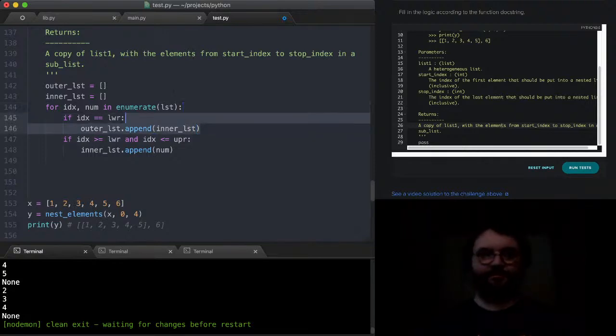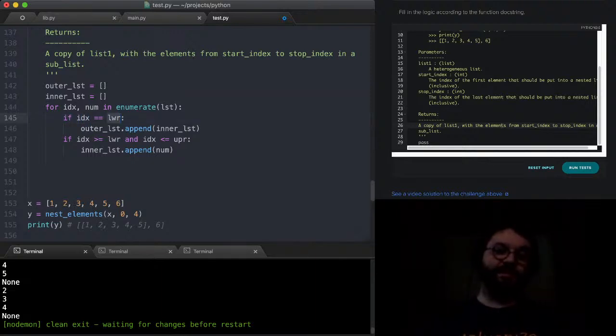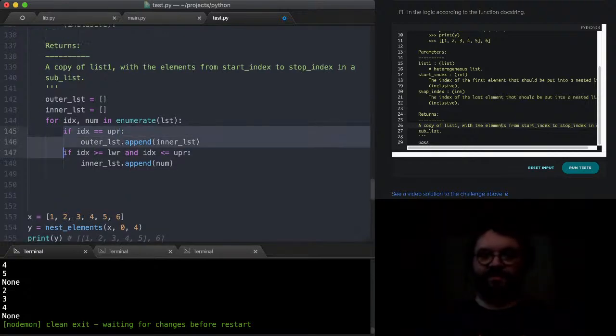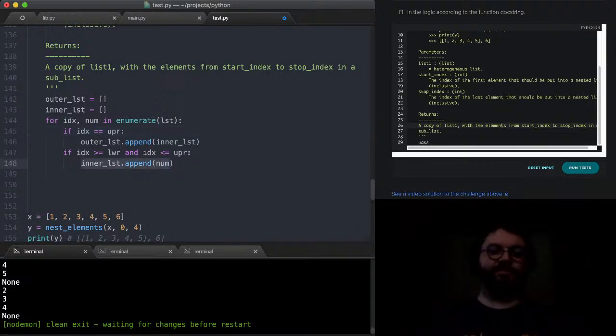So I've noticed there's a number of ways of thinking about this. I can either append it when index is equal to lower, or when it's equal to upper. And I can also do that at the beginning or the end. I'll just leave it here as upper. So once we're done appending to lower, we'll append it to upper. Or actually, I'll do it at lower. We'll do that. Why not? So once index is equal to the lower bound, we will append inner list, and then we will accumulate into inner list, and then